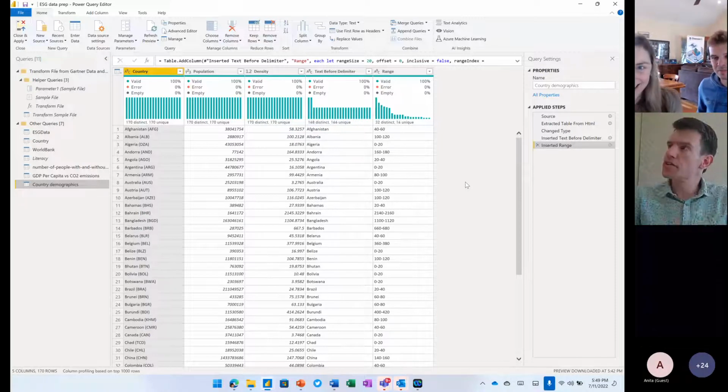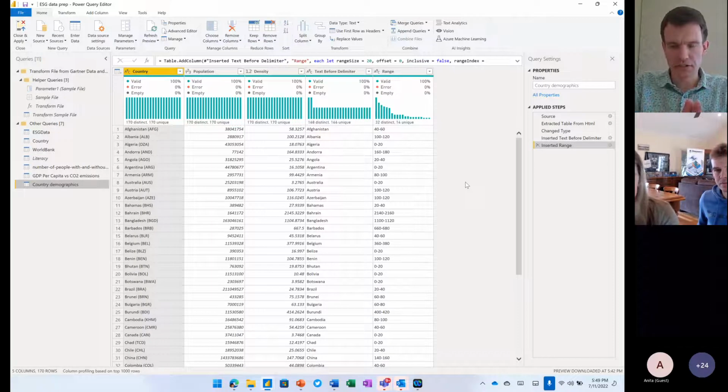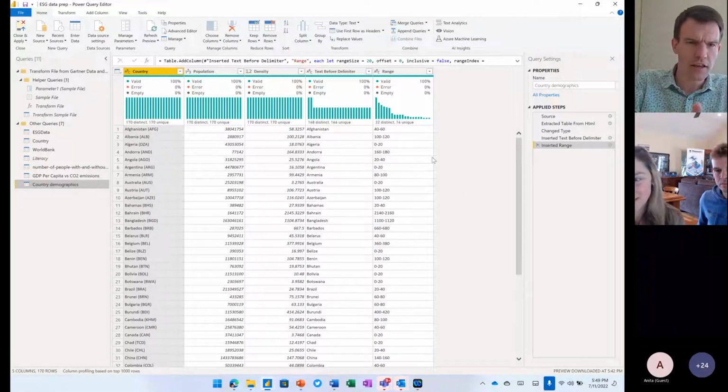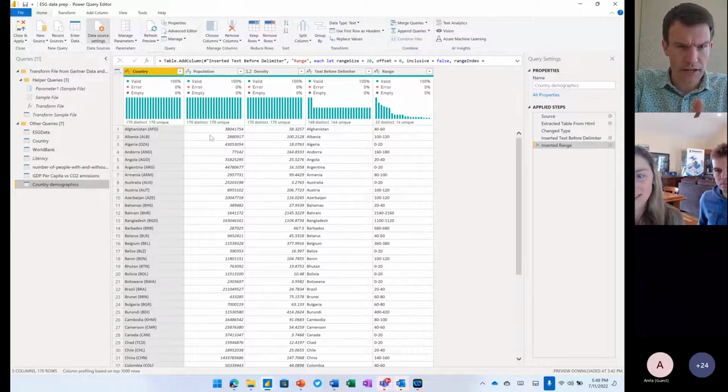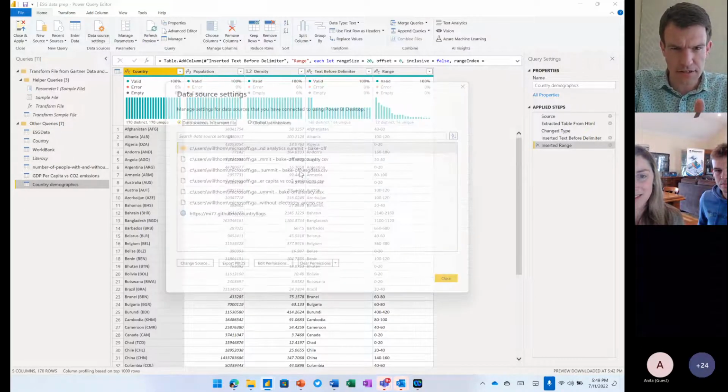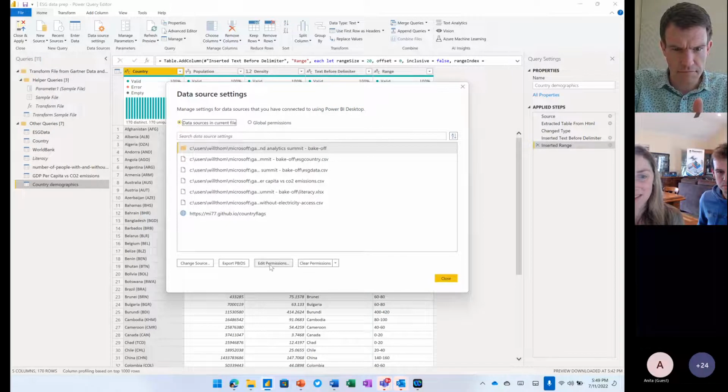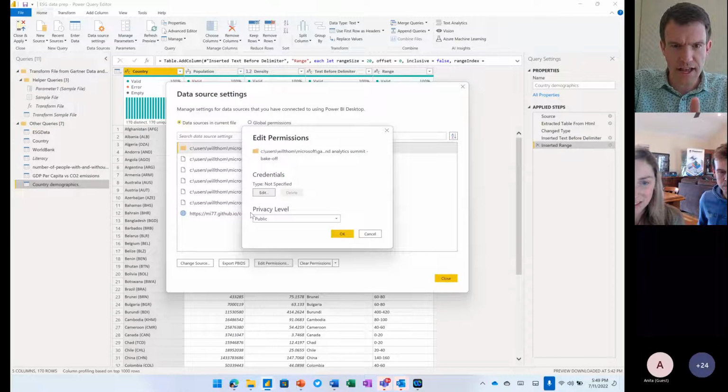One other thing that's worth checking is, particularly if you're merging data sources, you need to make sure that the privacy level of the data sources is set appropriately. So in here in data source settings, is it this permissions one? I forget now. One of these settings, yeah, here, this privacy level. So if you've got things that are coming from like a SQL server and then you've got like a public API,